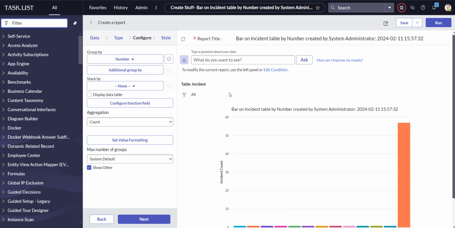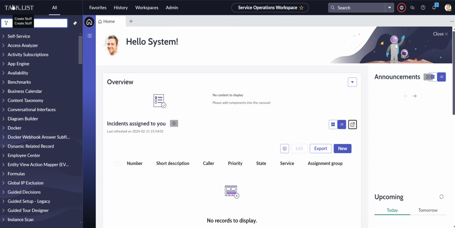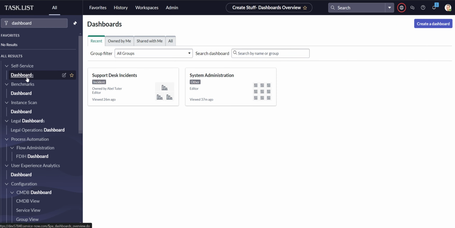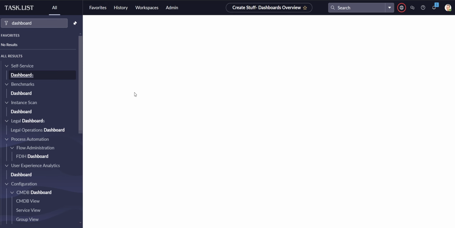But if you don't want to do things that way, or you're not sure how to do what I just did yet, there's also another way to create a report. If you've created a dashboard already, in my last video, I created a dashboard and added a report to it. So if you have a dashboard already that you want to add the report to, you can bring up your dashboard